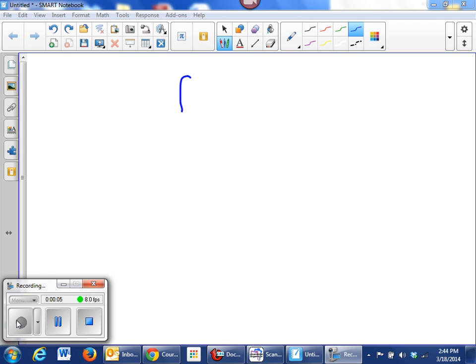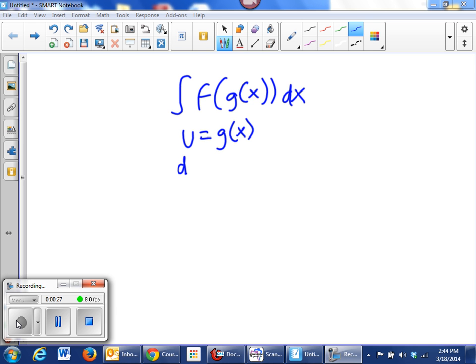U-substitution is a process to evaluate an integral. When taking the integral of f of g of x dx, you first determine your u, which is equivalent to g of x, and your du, which is equivalent to g prime of x dx, to obtain your integral,